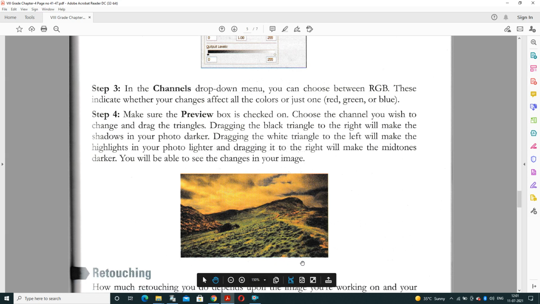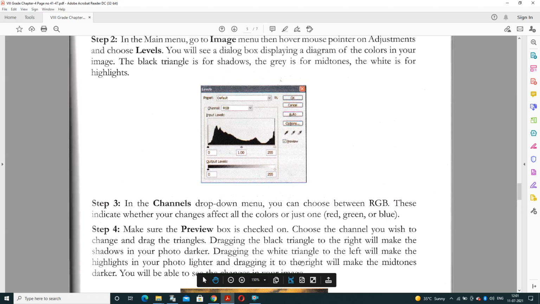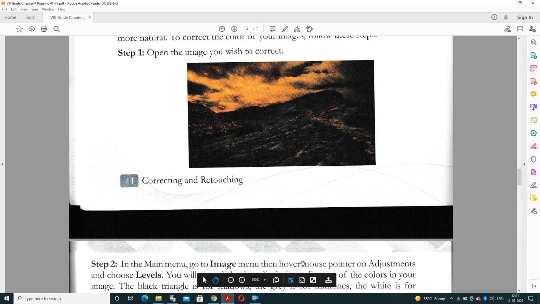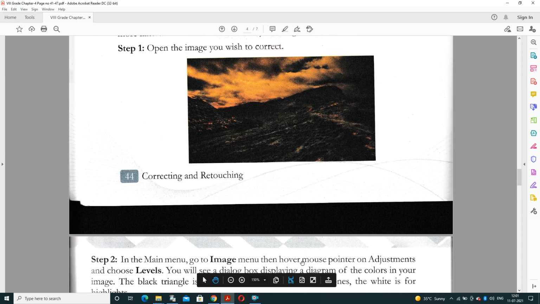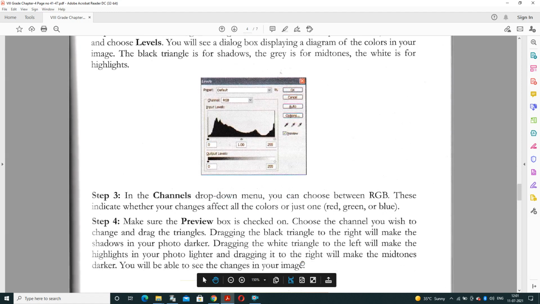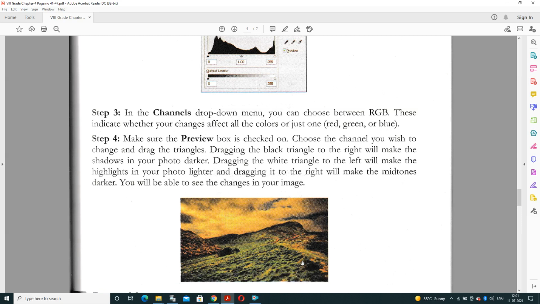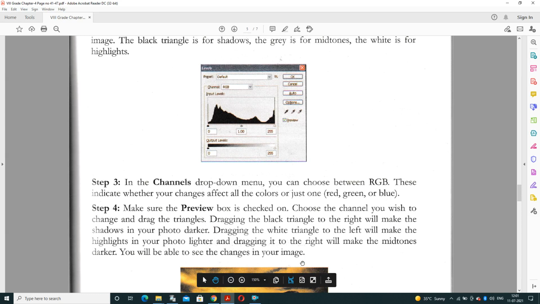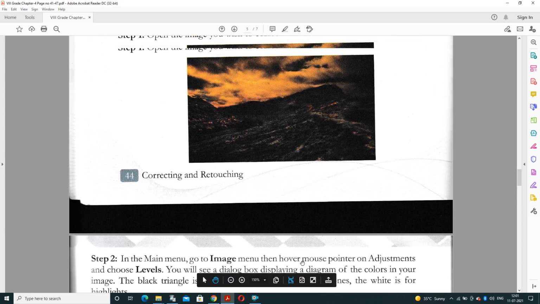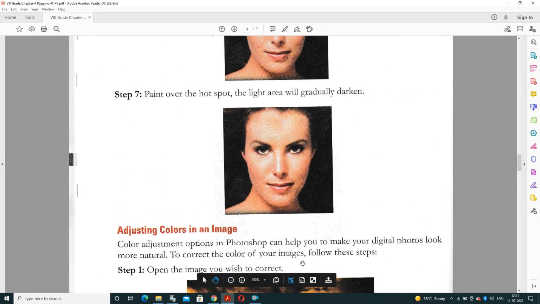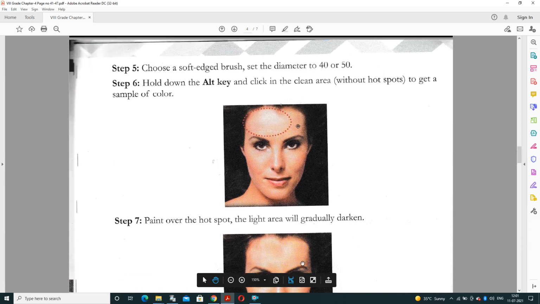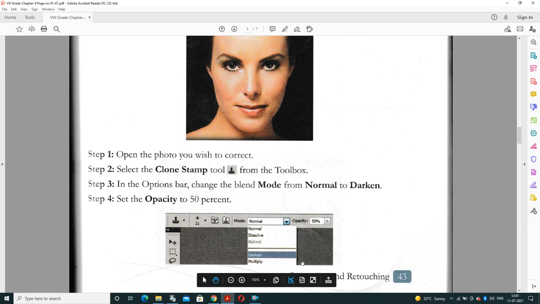Afterward, you will be able to see the image. It will become like this image. Previously, the actual image was of this type. After making the changes in color, it becomes like a natural image like this. So it is the effect of removal of hotspots or color combination. Previously we did the hotspot area, and prior to that we did the red eye effect.